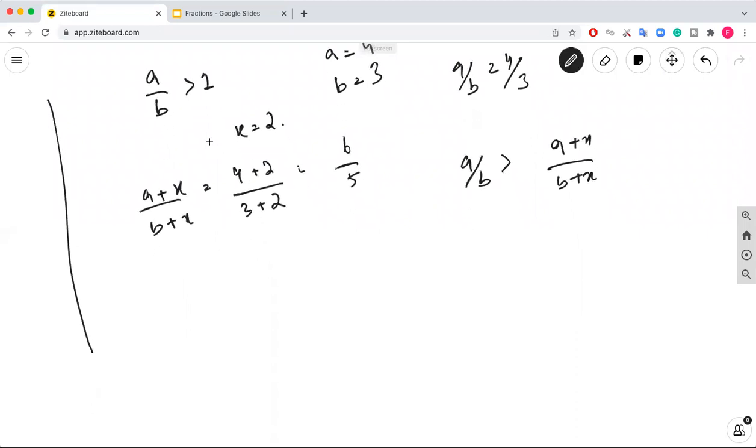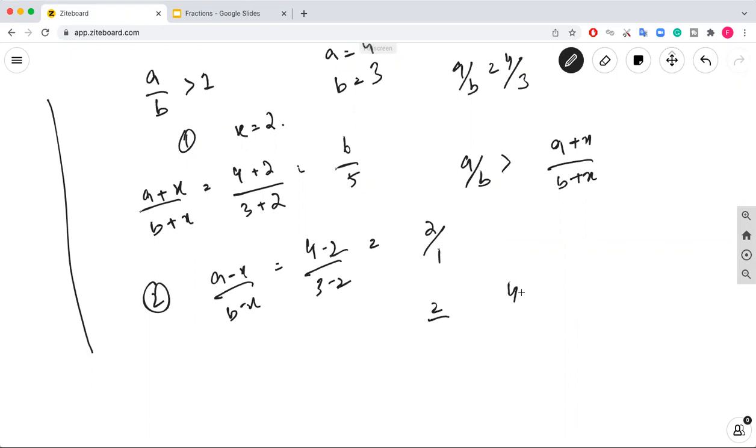Okay, so one last case in which we are subtracting the same positive integer from both a and b, right? So a minus x over b minus x is equal to 4 minus 2 over 3 minus 2. This is 2 by 1, right? And is 2 by 1 greater or is 4 by 3 greater? Straightforward, this is greater, right? So in this scenario, a minus x over b minus x is greater than a over b,